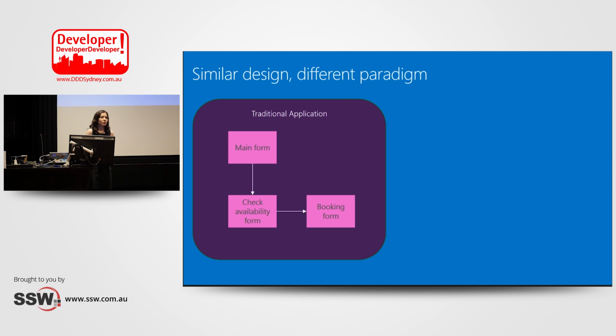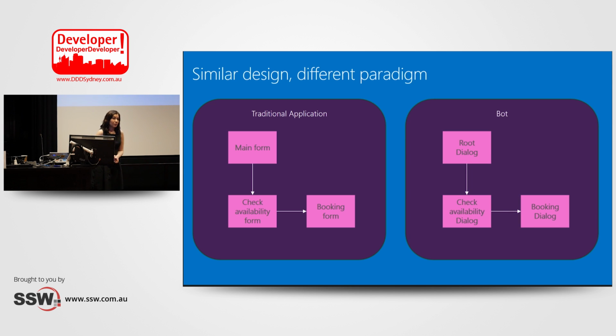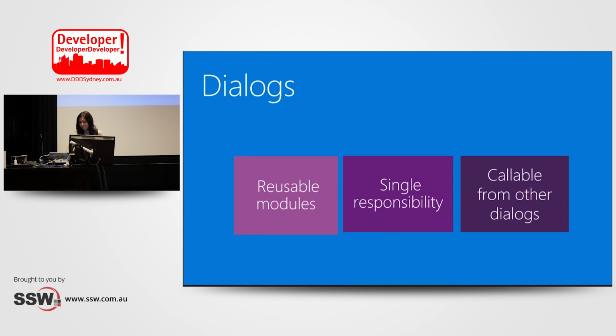Imagine that you want to book a table at a restaurant. If you want to do it online, you go to the restaurant website, you check the availability, and then you fill the booking form by providing your contact details, and you submit the form. It's exactly the same concept in chatbots. In chatbots, to do the process, we are using dialogue to manage the conversation flow.